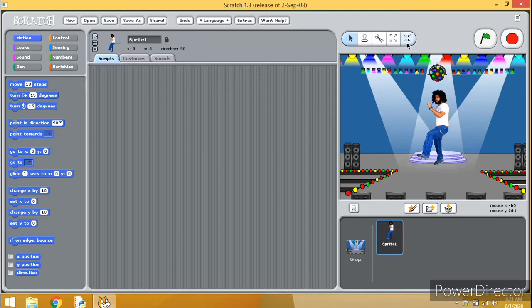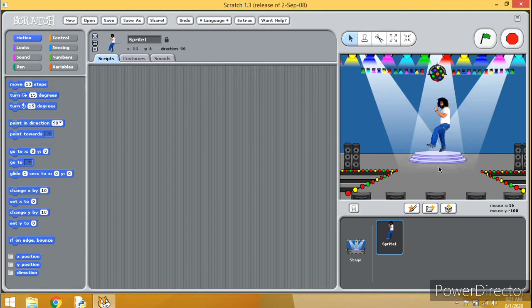Here is the tool to make the sprite shrink, to make it small. Select this and make him stand on the stage. Now the size is fine. Let's make him stand on the stage in a proper way. Now he is standing on the floor.